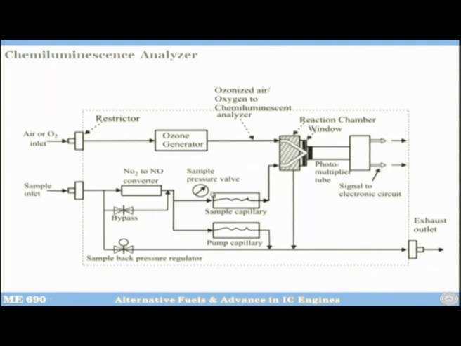So, whatever NOx I detect when the bypass is on and NO to NO2 converter has been taken off the line, it will give you concentration of NO, because that is what it is detecting. Are you following me? So, what you do is you do two samples. One is when the converter is in the line, you have closed the bypass, then that gives the total NOx, and when the bypass is on and NOx converter is taken out of the circuit, then it gives NO. So, NO2 will be total NOx minus NO. So, now the NOx can be converted back into NO plus NO2. How much is NO? How much is NO2?